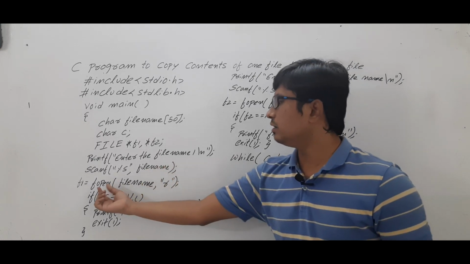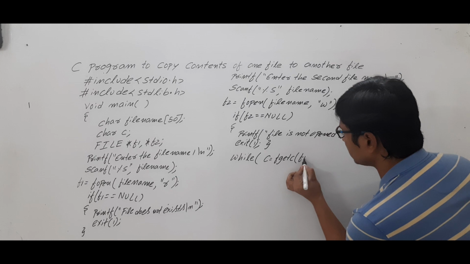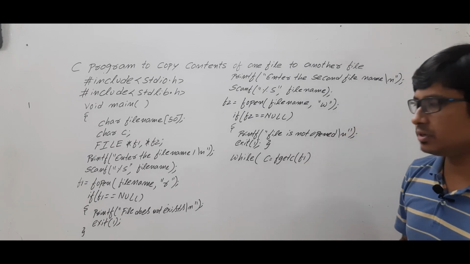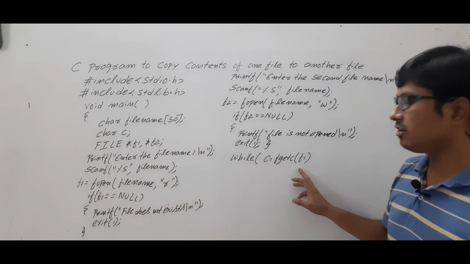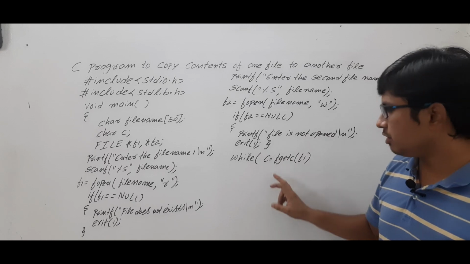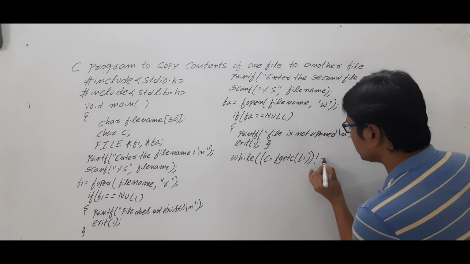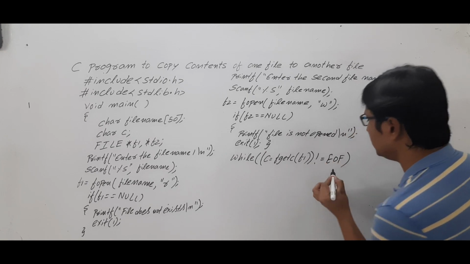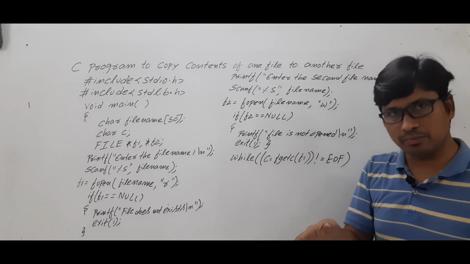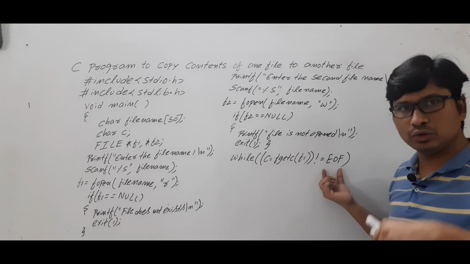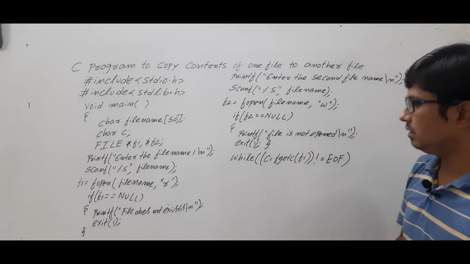Am I right or wrong? Which is pointed to by the pointer called f1. So you need to specify the file pointer. So it will start reading the information from file 1 character by character. It will read the first character and save it into the variable called c. Now you need to look at whether it is the end of the file or not. If it is not equal to EOF, which specifies the end of the file. Similarly, for strings you will have the \0. For files, you want to know the end of the file because somewhere you need to stop reading it. So it will have the end of the file.